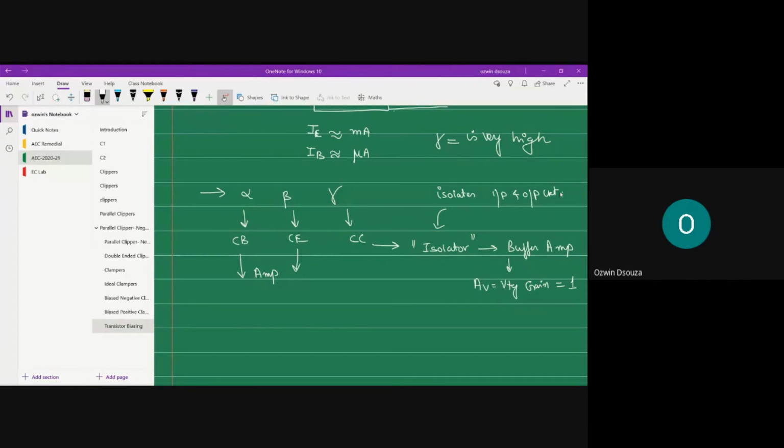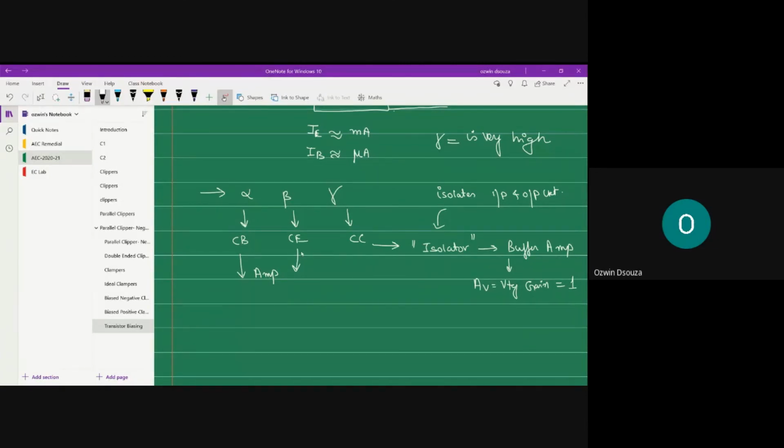Similarly, buffer amplifiers are kind of an alternative for a transformer. A transformer is very heavy and bulky, hence its usage is not so recommended in electronic circuits. So in place of a transformer, you can use a buffer amplifier, which gives unity gain but gives isolation between input circuit and output circuit. If your input circuit suffers from some unintentional short circuit, your output circuit will be protected. So for that purpose it is used.